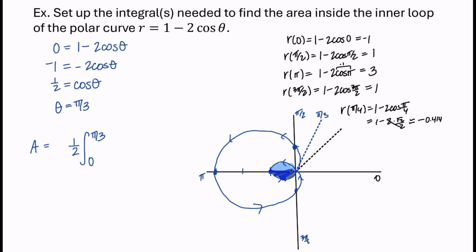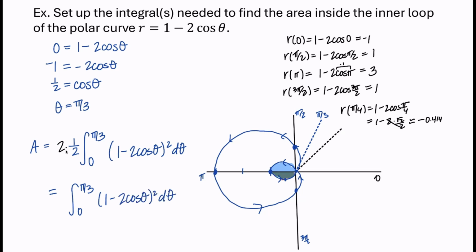Again, that's going this direction. 0 to pi over 3 of 1 minus 2 cosine theta squared d theta. That gives me this little bottom piece, and then we're going to double it. So if we multiply by 2, the 2 and the 1/2 cancel. So the area of that entire inner loop is just the integral from 0 to pi over 3 of